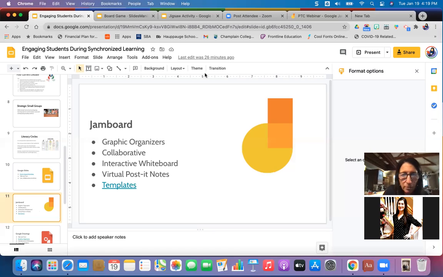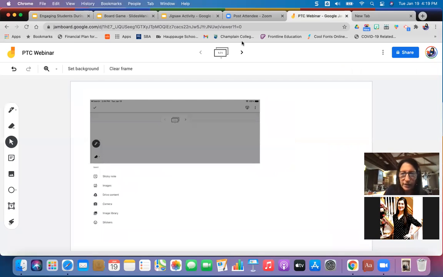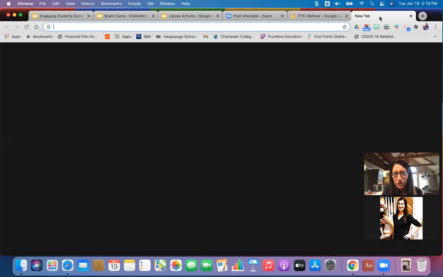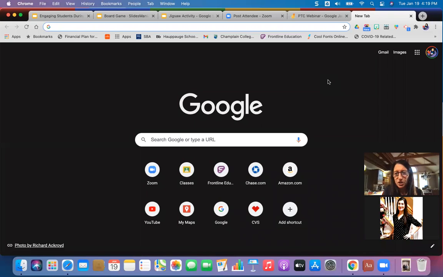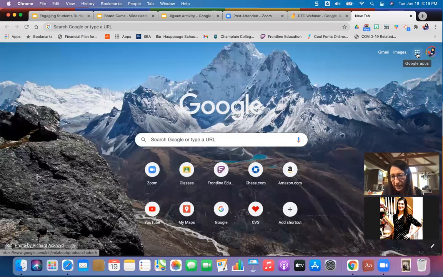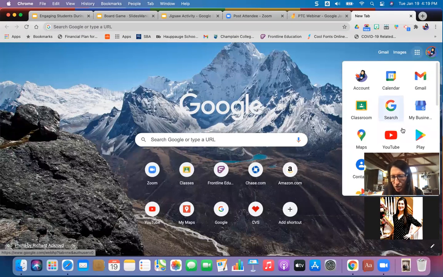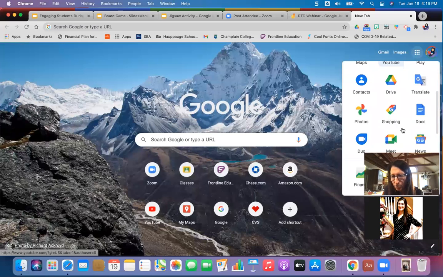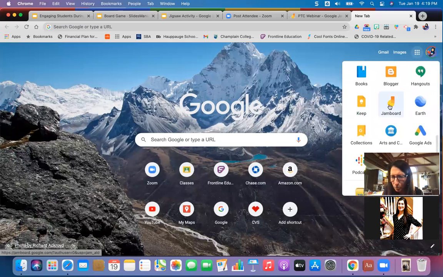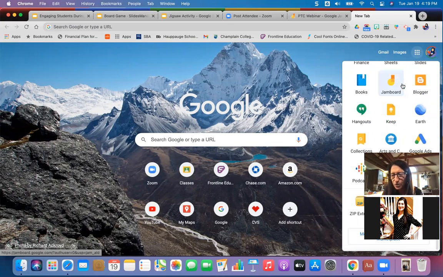So what I'm going to do is jump into Jamboard. So actually, let me go back. I'm going to start with Google and a blank Google page. To access Jamboard, you're going to go to your waffle over here to the right. If I click on it, you see a bunch of stuff. I could scroll up. If you don't see Jamboard right away, just keep scrolling up. And again, you can move these tiles around. So if you want to move things up, that makes more sense for you, you can do that. This is Jamboard. So you can access it right from here and click on it,